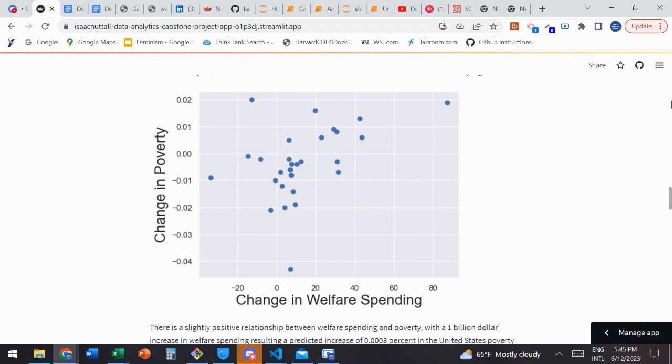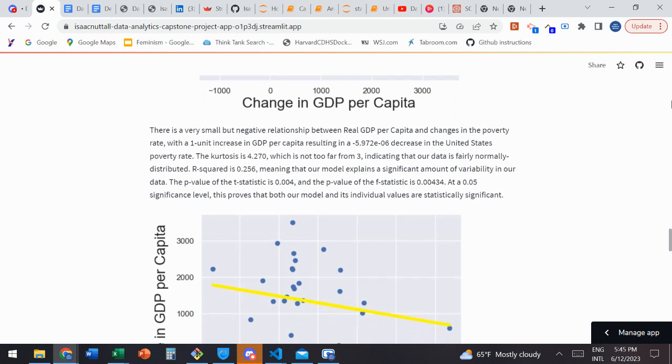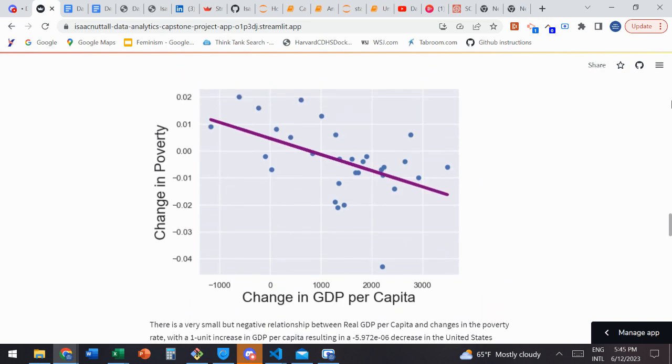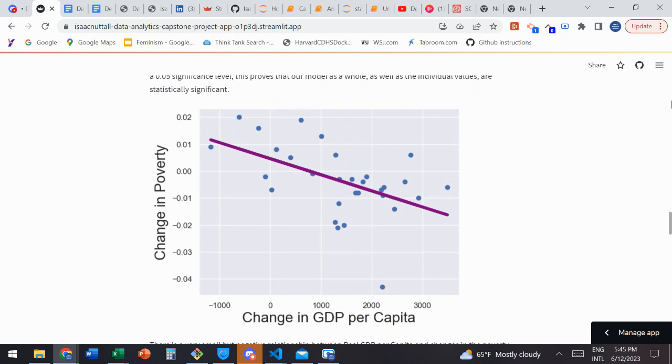Though the relationship was not statistically significant, welfare spending was also found to be negatively associated with changes in real GDP per capita. Ultimately, however, the greatest predictor of changes in poverty rates proved to be real GDP per capita, with this association between the two variables having a correlation coefficient of roughly negative